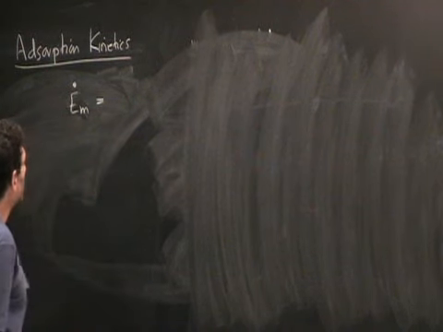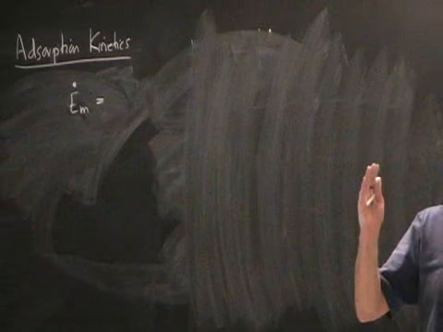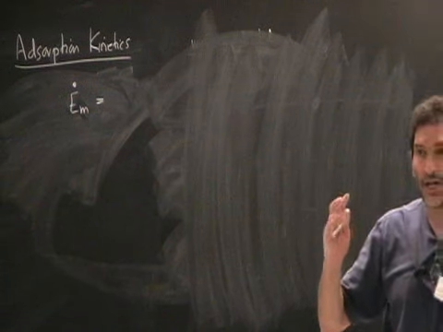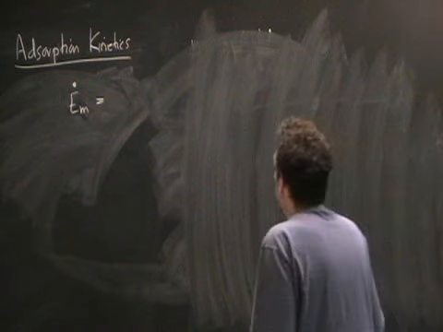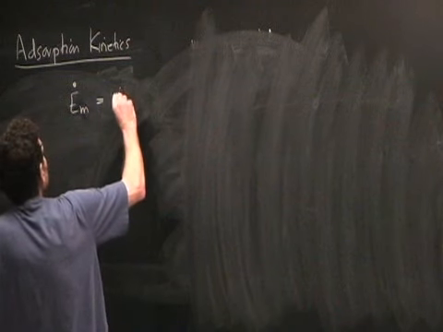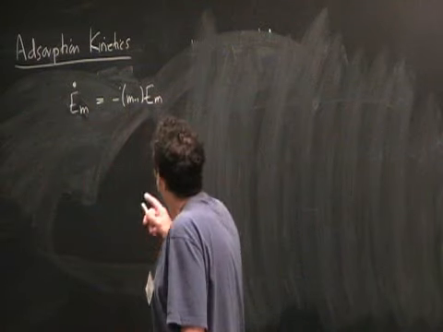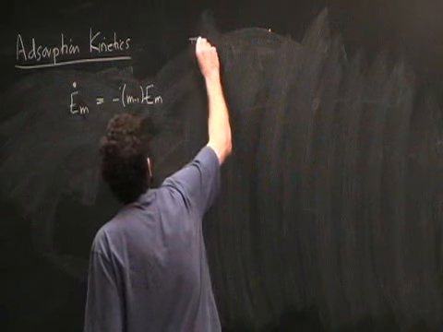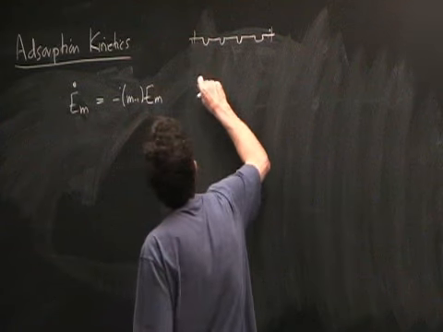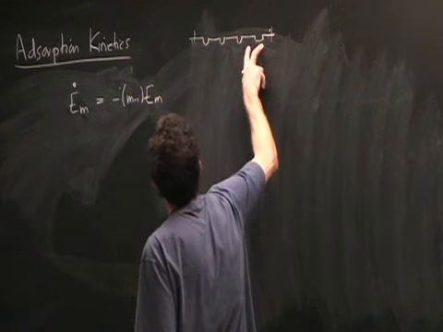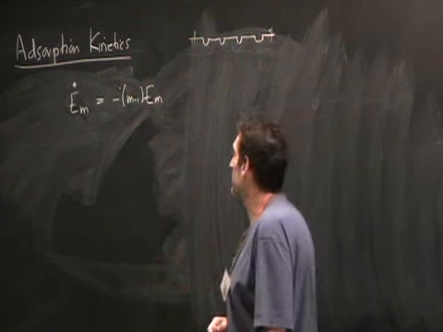And so there are two ways that an empty interval can change. Again, you're looking at your one-dimensional line of these sites, and how can this empty interval change? There are two ways it can happen. You can deposit dimers somewhere in the interior of the interval, and so there's going to be a term here which is equal to minus m minus 1 E m. And pictorially, if I have an interval of length m, so we have 4 sites here, then I can put the dimer on the first 2 sites, 2 and 3, 3 and 4. There are 3 ways to stick a dimer into an interval of length 4, and in general, m minus 1 in an interval of length m.